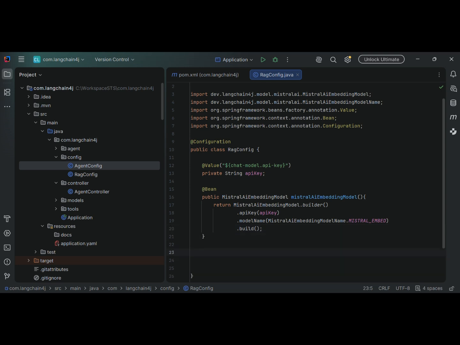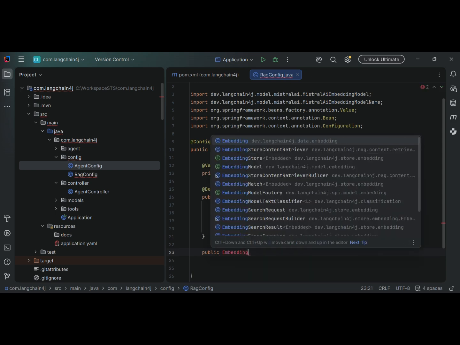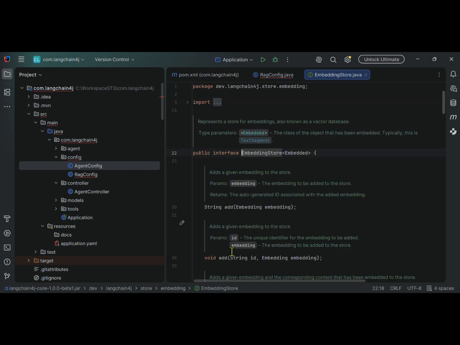Now what we need to do is connect to the pgvector, right? The Postgres vector we created in pgAdmin, through which we ran the queries. So we'll use the embedding store for it. So what you can do is public EmbeddingStore. Now if you go inside the embedding store,